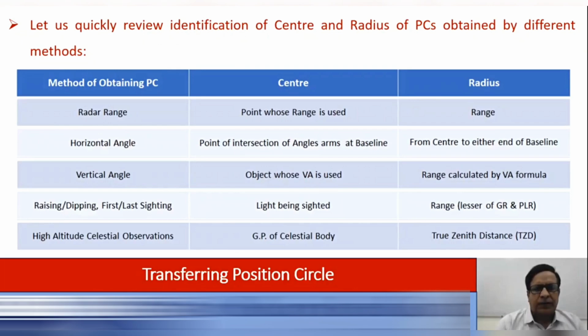Now see beta, let me explain it to you. First sighting and last sighting happen in two ways. One is because of the range: when you are going close to a light, at a certain point it will be first sighted, and when you are moving away from a light, at a certain point it will be last sighted. That is one scenario in which you can first and last sight a lighthouse. The other scenario is that if you have a sector light, it is visible only in a particular sector,